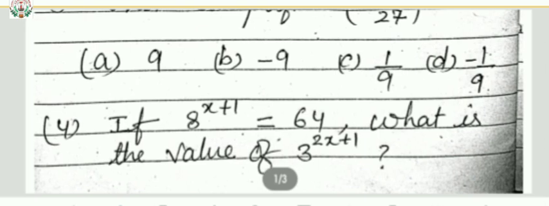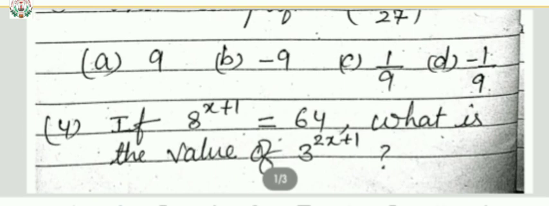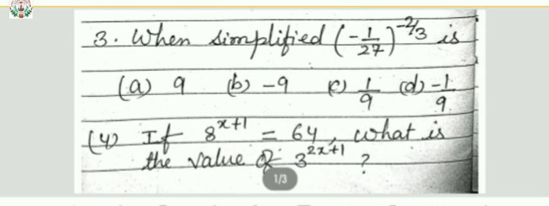So now in the below equation we will put the value of x, that is 3 to the power 2 into 1 plus 1, that is 2 into 1 will be 2, 2 plus 1 will be 3, so 3 to the power 3 will be 27. So check it out with that. Which is the correct answer for it out of the 4 you can see.